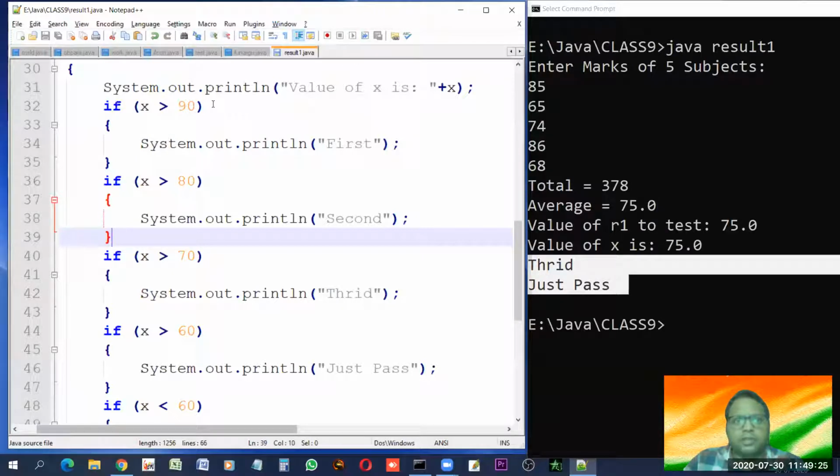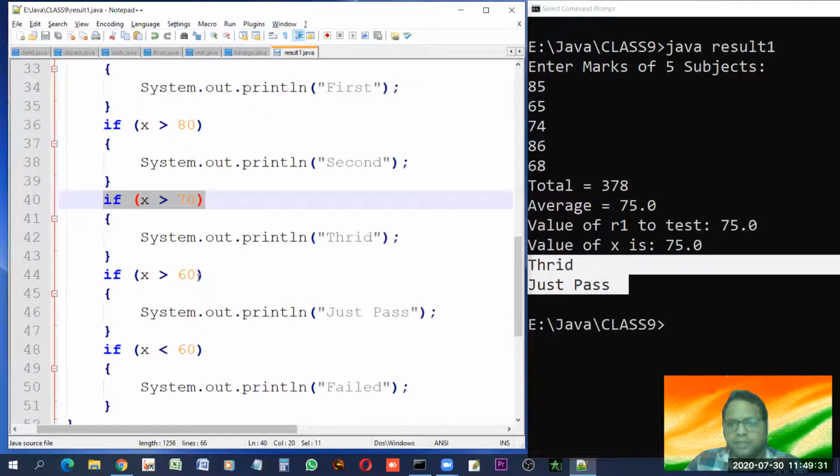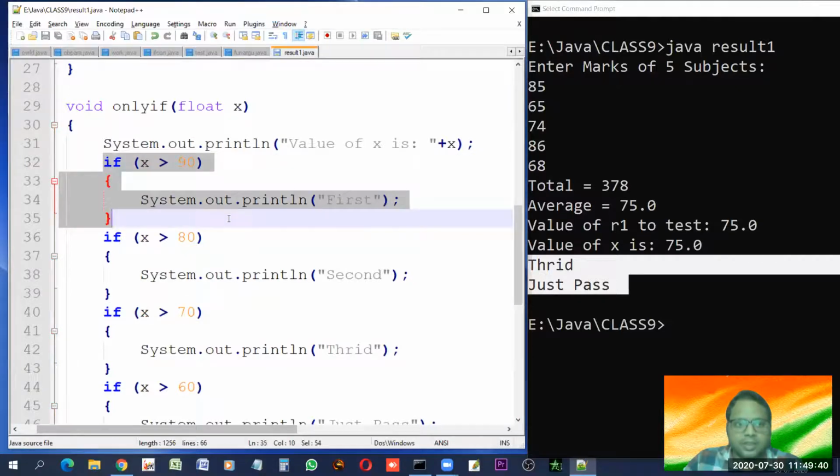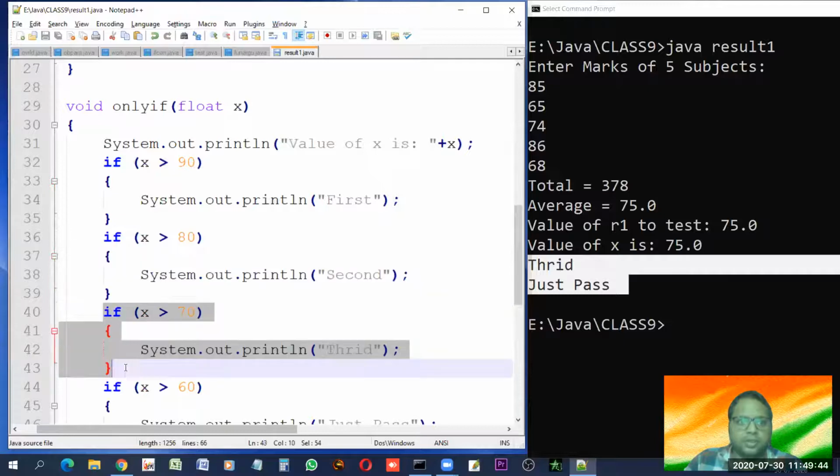So here what you have to understand is, in if and only if, every condition is tested, no matter how many conditions you have provided. In this case, already 5 conditions are there, but 500 conditions could also be there. 5,000 conditions you can also give. So in this if and only if, this if or this if or this if are all independent. They are not related with each other. Every condition will be tested, and whichever condition is true, all those things will be done.